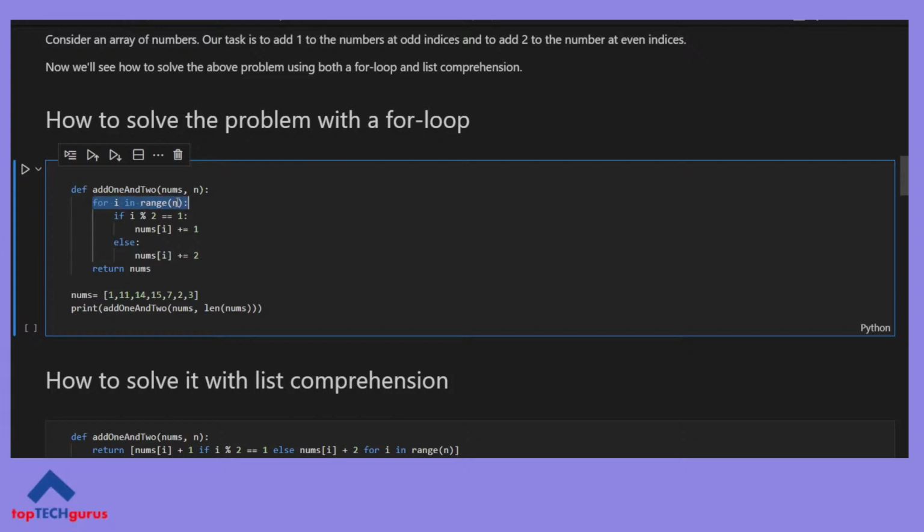and then we're going into each element one by one, and checking if the index is an odd number or an even number. If the index is an odd number, we add 1, and if it's an even number, we add 2. At the end of the for loop, we return the whole list that is stored in nums, because we are changing the value in nums directly. So in this case, for easy interpretation, let's